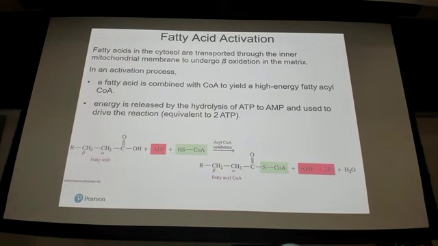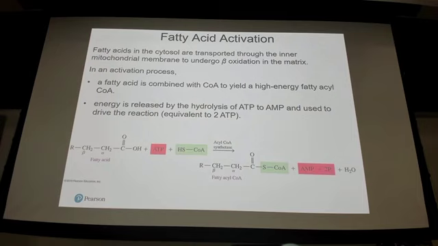All right. So before beta oxidation can occur, the fatty acid must be activated. That's the initial signal or trigger for beta oxidation to occur. And that uses ATP to add that famous CoA group to the fatty acid molecule. And this uses